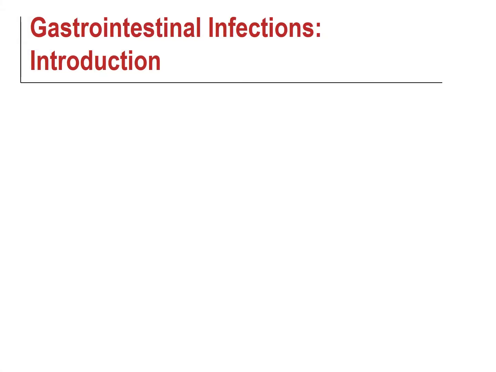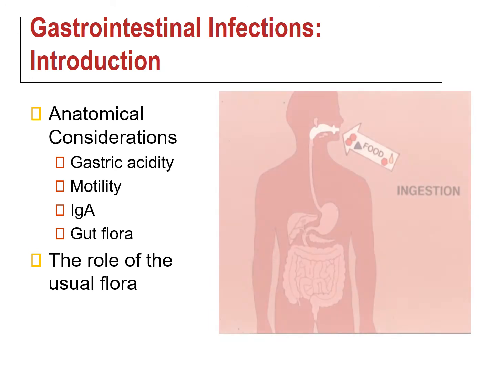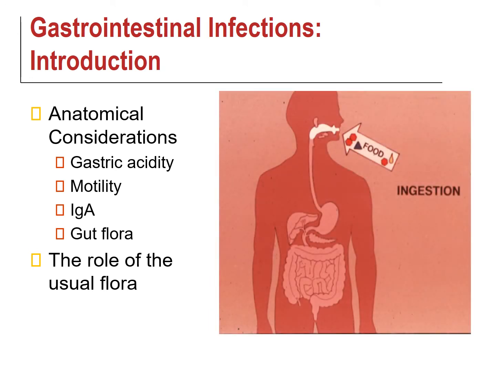So as a way of introduction, let's first take a look at how bacterial diarrhea and other gastrointestinal infections are acquired. Gastrointestinal infections are obviously usually acquired via ingestion of the organisms in contaminated food or water. Hence, it is appropriate to take a look at how these organisms interact with our immune defense mechanisms in the